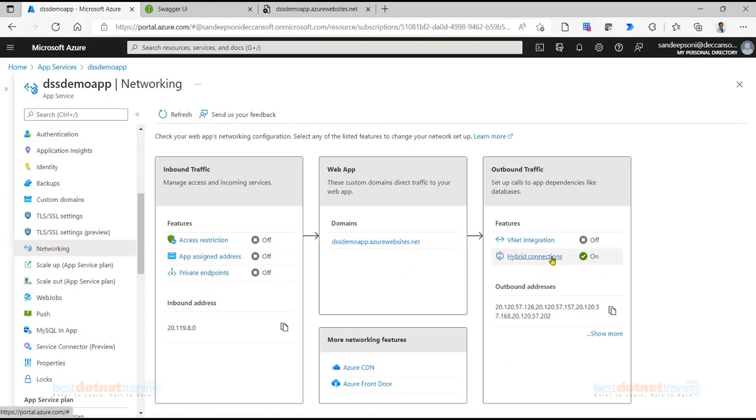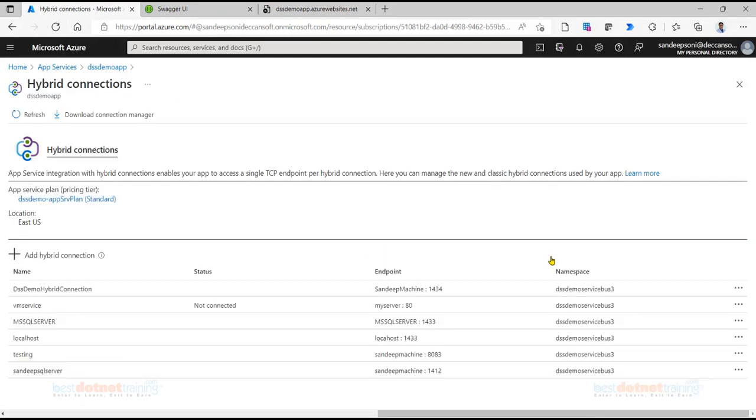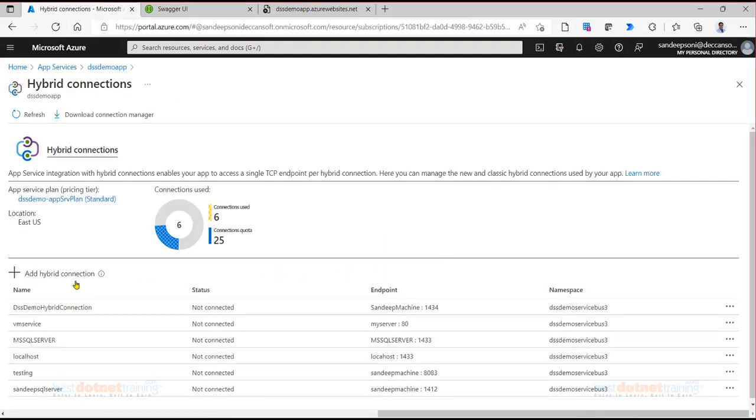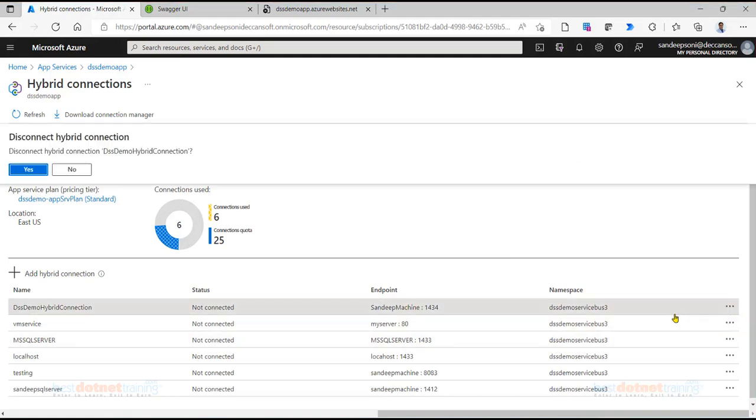You see hybrid connection is on. You can turn it off also and restart, no problem. And there are some connections which are not required. We can just disconnect everything.